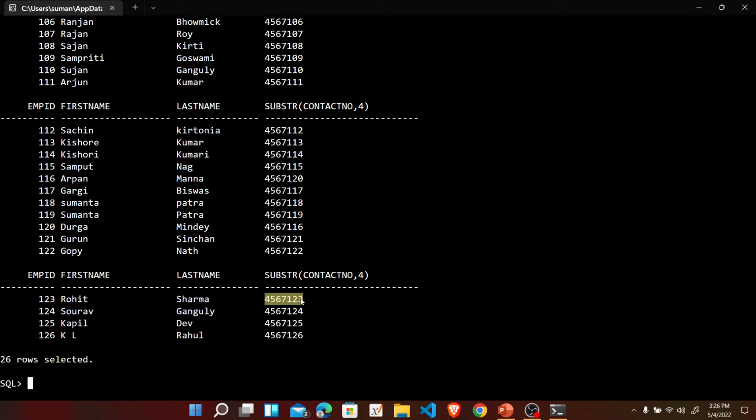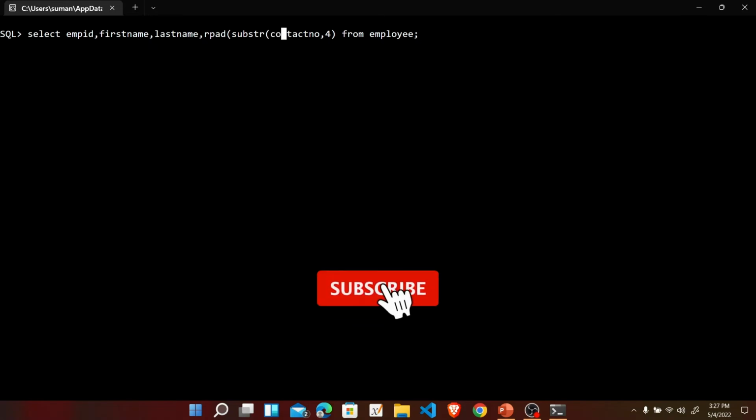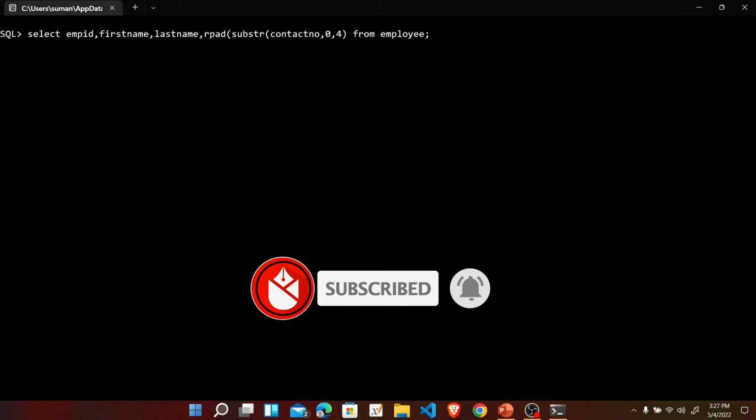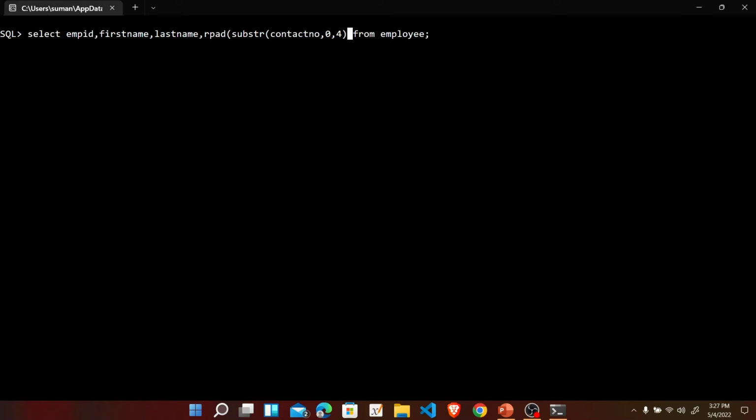To make sense, the first 4 characters would be shown and the rest would be hidden with some particular characters such as asterisk. We can use the RPAD function, which as the name suggests is for right padding. However, you can also use the lpad for the left padding. So here check what is RPAD and what is lpad, and for that once again clear the screen and we are typing the statement select empid, first name, last name. Then we are using the function RPAD along with the function substr. Then the contact number, comma 0, that means starting from the first position,